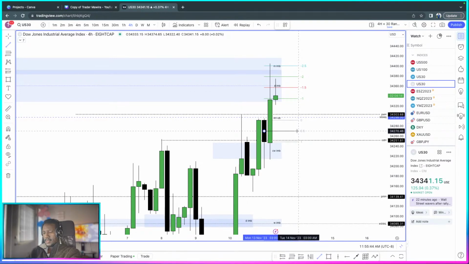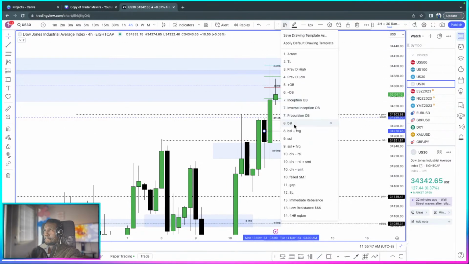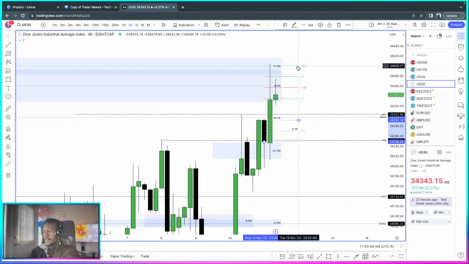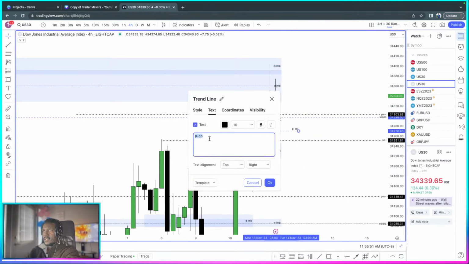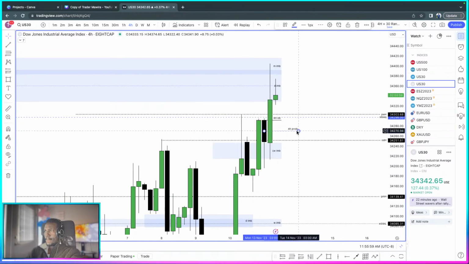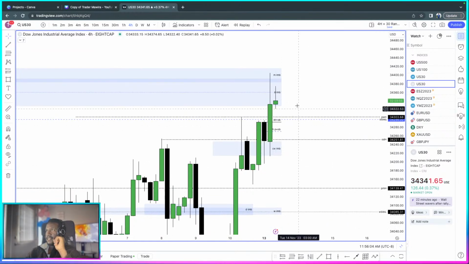Okay, so I'm gonna call that a propulsion order block, and it's a 4 hour propulsion bullish order block. So that's taken care of. And I think that's it. I think those are enough levels to work with. So if we do get